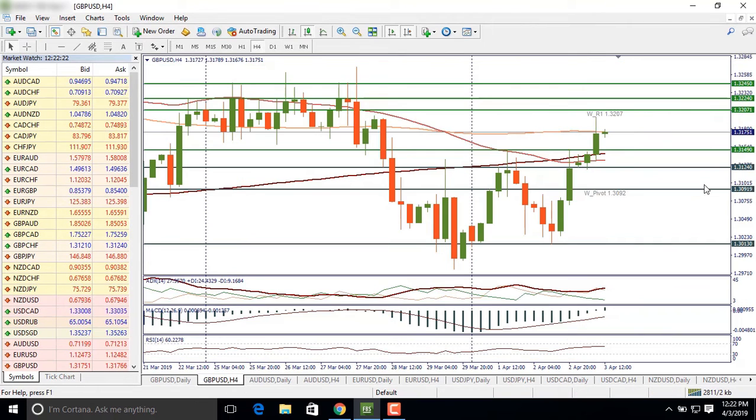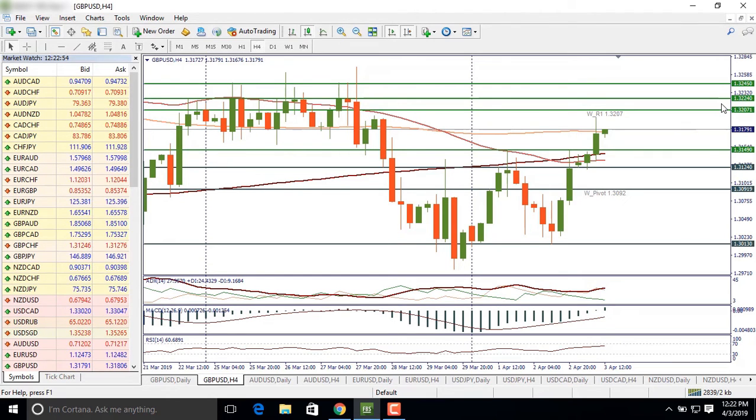Now let's look at the 4-hour chart. We can see that the pair has been rising towards the weekly pivot resistance at 132.7. It is currently testing the 100 period simple moving average, and if bulls are strong enough today, they will break the weekly pivot resistance and push the pair even higher to the